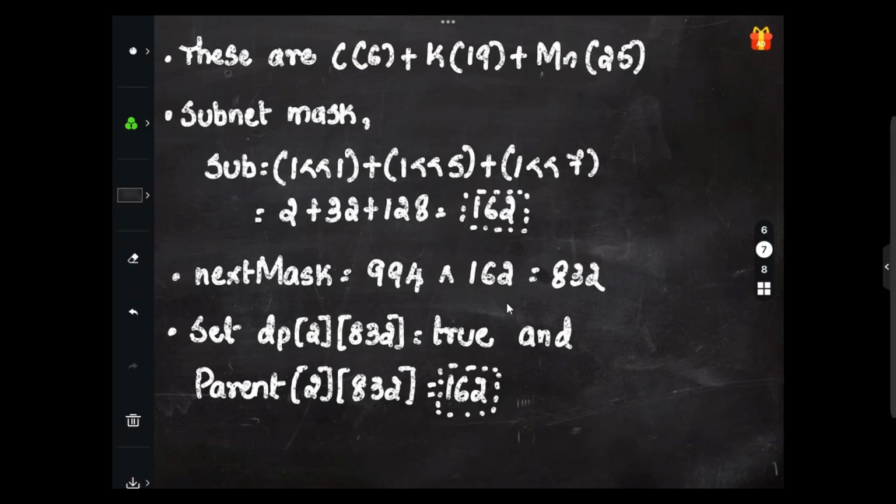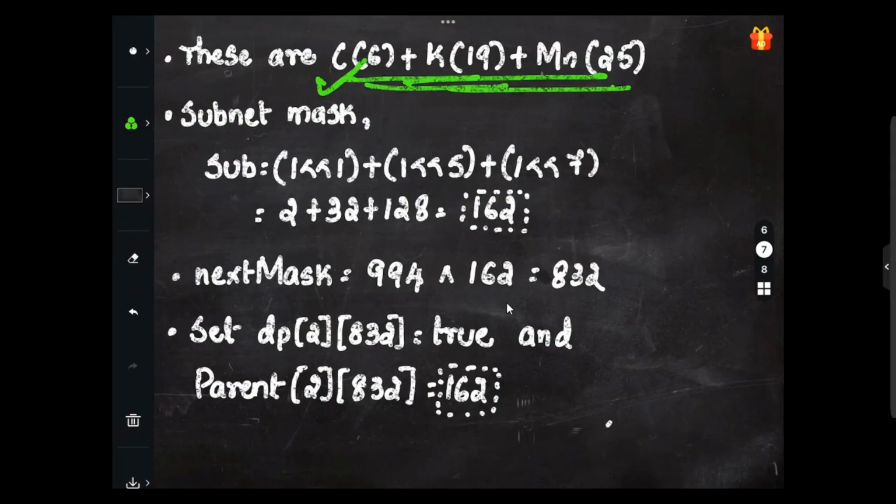When I say 50, these are C of 6, this one atomic symbols, right? So basically elements with the symbols, this one C of 6 plus K of 19 plus Mn of 25. This is fine, this is clear. I hope this is clear, man. Now